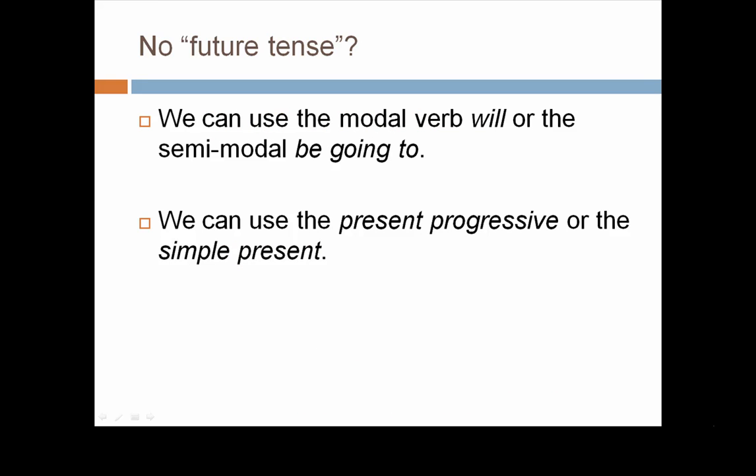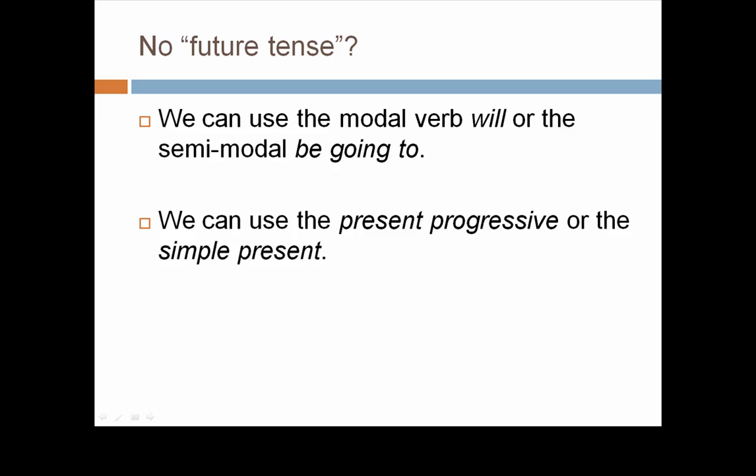So is there really no future tense? Well, technically, no. It would be more accurate to say future verb forms, or perhaps we could say ways to express the future. However, for our purposes, I still think it's convenient and fine to talk about the past, present, and future tenses. Terminology, of course, is very useful and important, but even more important is simply understanding how to form all of these verbs and when to use them.